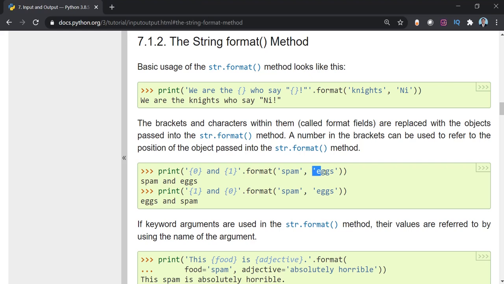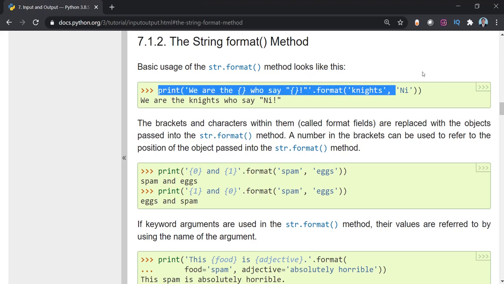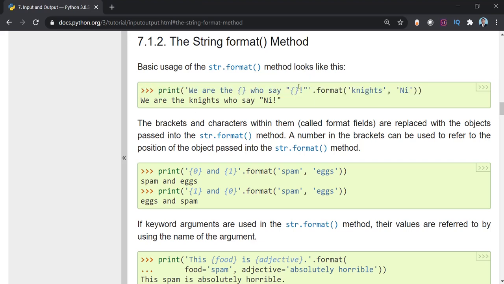Because it is at the 0th position, because it is at the first position, wherever you put those values inside the curly brackets, at that location only they will be printed. So we have seen two different ways. There is no compulsion that you have to put the numbers; you may or may not put them. In this example, we have not put numbers inside the curly brackets. There is no number here, so by default it will take the first value and put it here, and the second value and put it here.